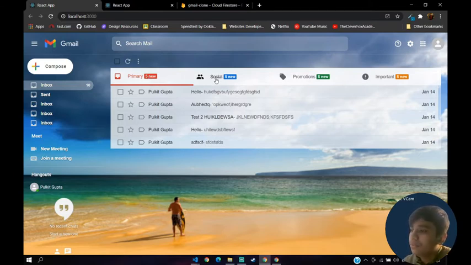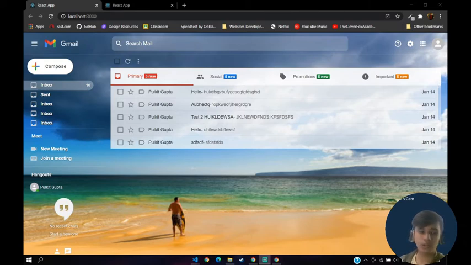So since we are done with this, I think we can work on rendering our mails now. No, the last thing, we are done. The thing we are still left with is rendering this based upon the unread mails, right? So if it is 0, then 0 new, right? So now let's work on that. Okay guys, let's start with rendering our unread mails.